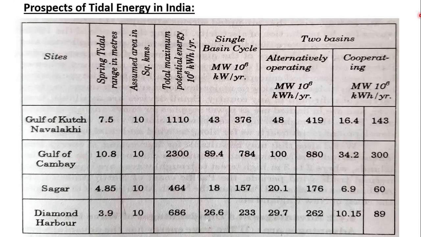Okay, and at the Gulf of Kutch, the maximum spring tide is at a range of 7.5. At the Gulf of Kutch, it is 7.5. And the site changes here, in Navalakshi. In the Gulf of Kutch, it is much lower than 110 ppm, nothing but potential per month. Okay, next.